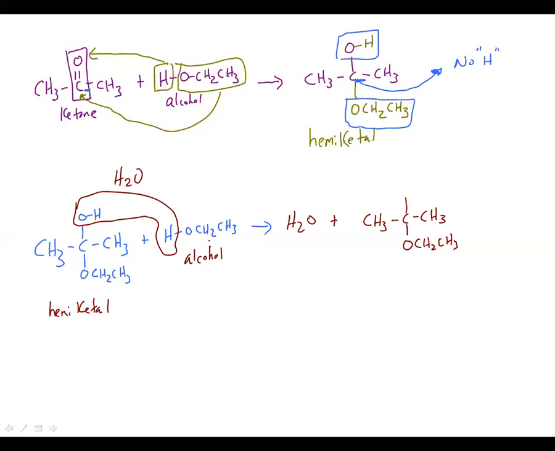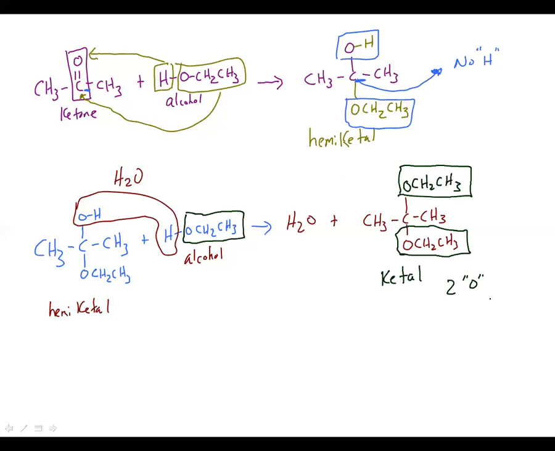So what's going to go in that place is right here. And that's going to put the OCH2CH3. This also has another name. This is what is known as a ketal. And the major parts of a ketal is 2 oxygen carbon groups that come from the alcohol. So 2 oxygen carbon groups, and also no hydrogen. And again, it's because it really started from a ketone, which is why we don't have the hydrogen